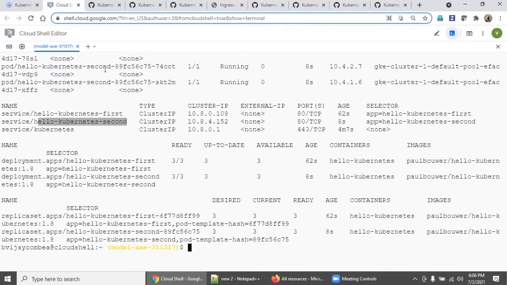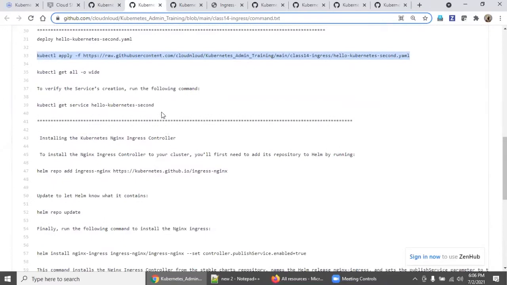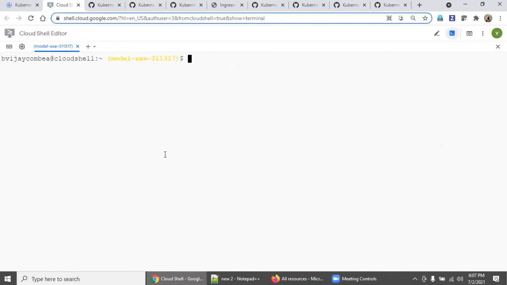Now we can go back to the step, and then the ingress controller. Now we have deployed pod 1 and pod 2. Now how do we reach them using the ingress controller? We are going to install the ingress controller, which we discussed in the last class, using Helm. Let's clear this and go here.